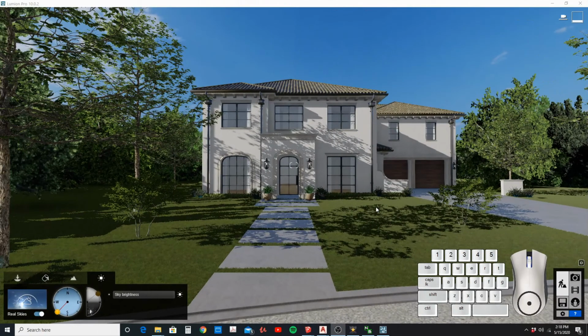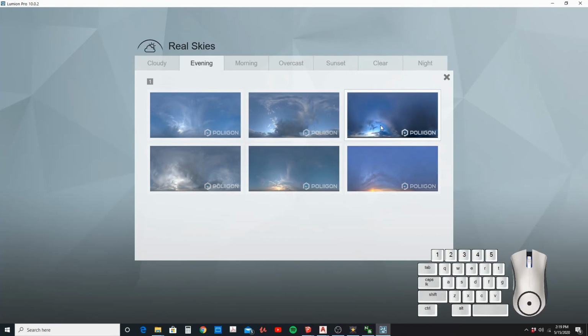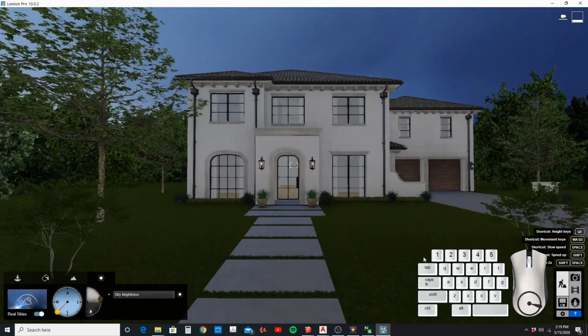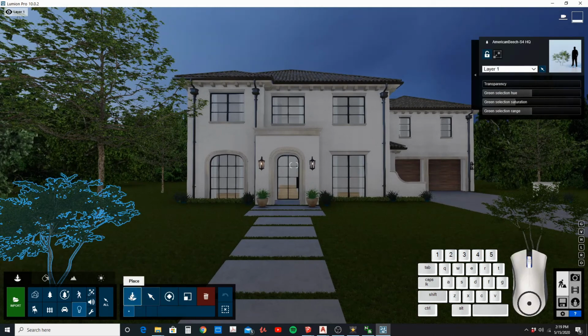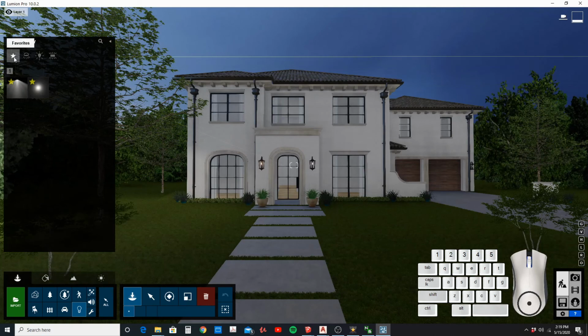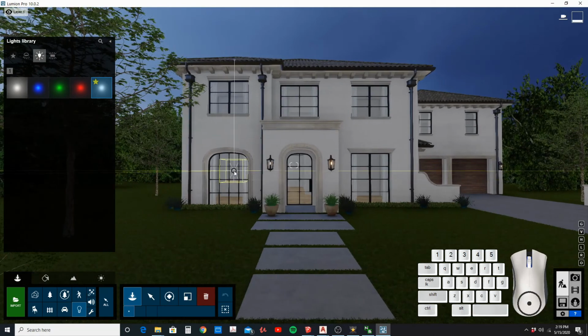Okay, so to add lighting, what I'm going to do is go to a darker scene. So we're going to go to an evening scene here. There we go. And now let's go to objects, and we're going to go to lights, and we're going to start with a placement. We'll go over here to our Omni Light, and we'll go ahead and place that